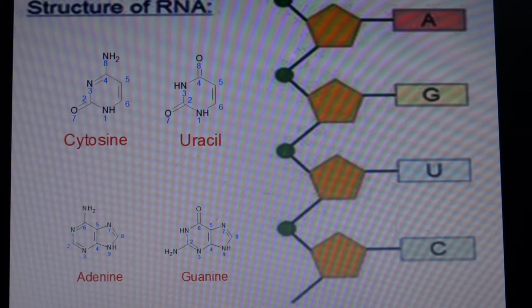It can be hydrolyzed by alkali to 2', 3' cyclic diesters of the mononucleotides. An intermediate in this hydrolysis is the 2', 3', 5' triester, which cannot be formed in DNA hydrolysis by alkali because of the absence of a 2' hydroxyl group. The alkali lability of RNA is useful diagnostically and analytically.